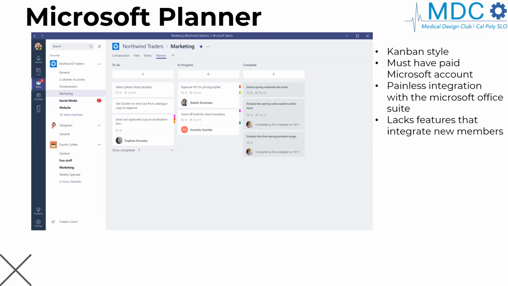But the benefit of it being a Microsoft product is that it works with all of the other Microsoft products. So Docs, Slides, Excel, Notes, anything. It all works super well. It's very hassle-free, painless, really easy to get everything in. But